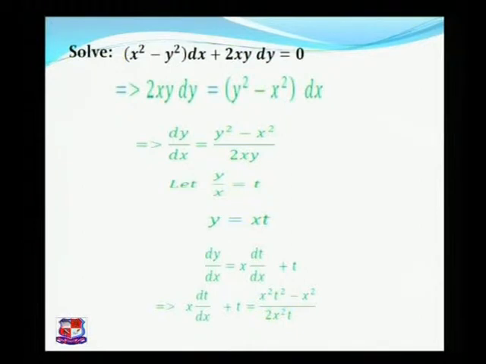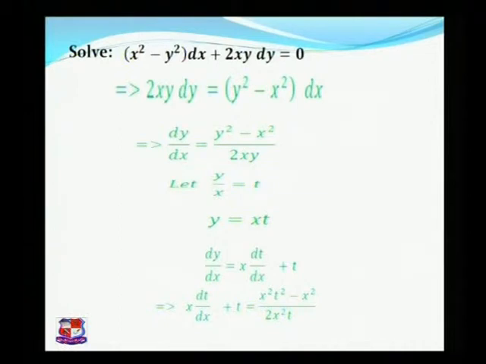Okay, so here the general format is dy by dx is equal to f of xy upon g of xy. Here f of xy is equal to y square minus x square and g of xy is equal to 2xy. Note that here y square minus x square and 2xy both are homogeneous functions of degree 2. We can quickly take a decision that both functions are homogeneous of the same degree, because in each term of f of xy and g of xy the addition of index of x and y is equal to 2.